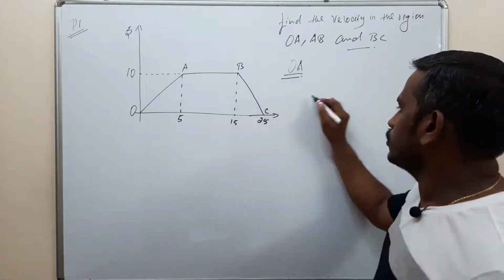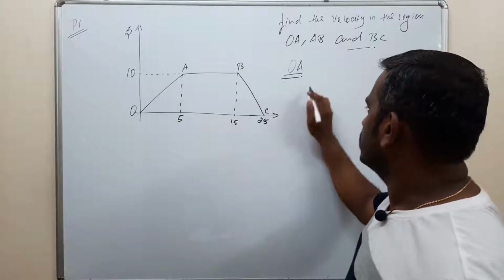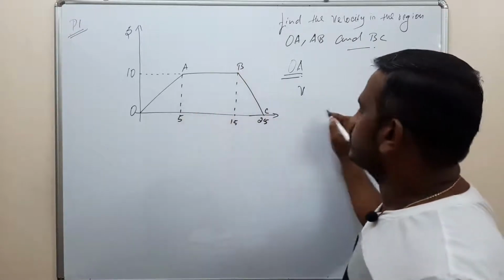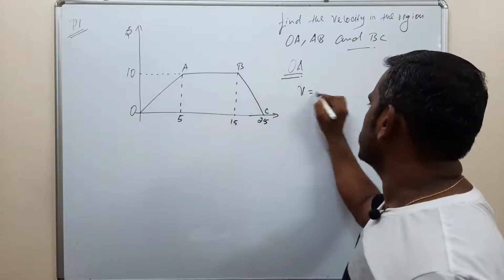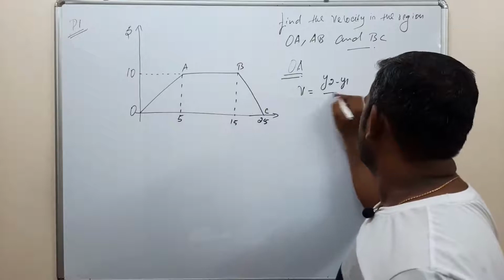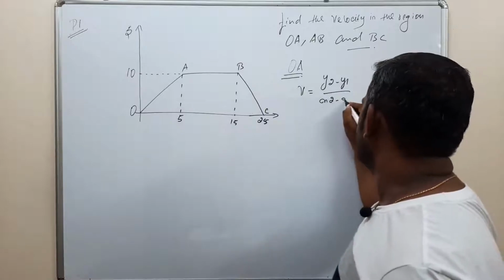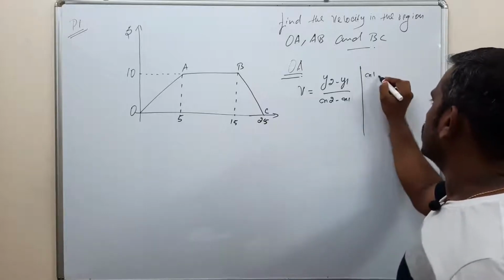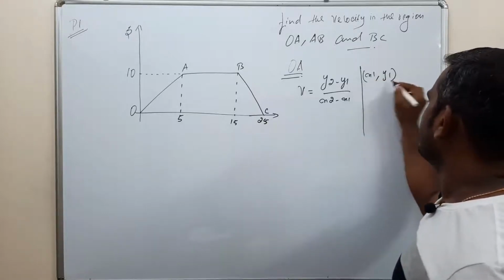Okay. So the slope formula, what is the formula? Velocity is nothing but the slope of the displacement time graph. So V is equal to, what is the formula? That is Y2 minus Y1 divided by X2 minus X1. Okay. So X1 Y1,